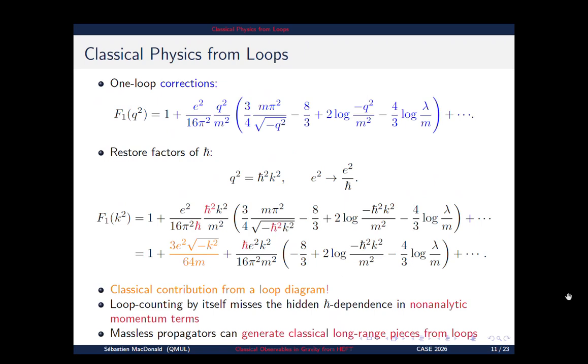So let's focus on the first correction term. We see 2 factors of h bar on the top and 1, 2 on the bottom. So this orange term is actually independent of h bar. We've got a classical contribution diagram. Just an example of including momentum in terms of massless particles. You can't just think of loop counting to enumerate h bar dependence. And so you can get classical long-range physics from the